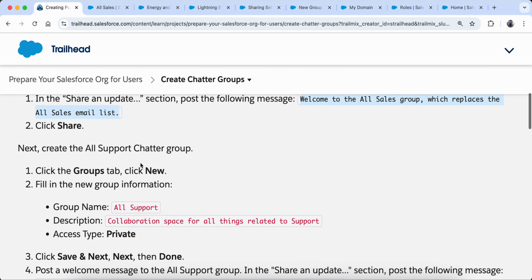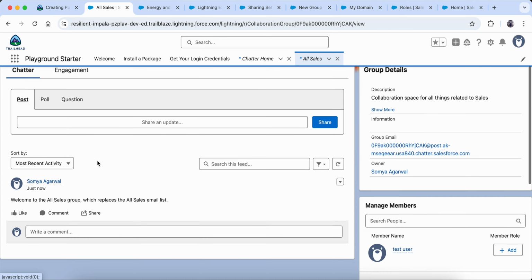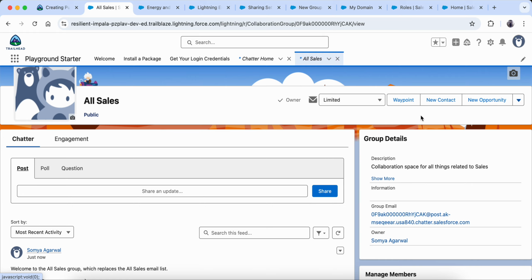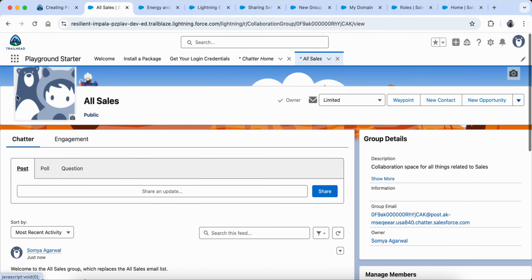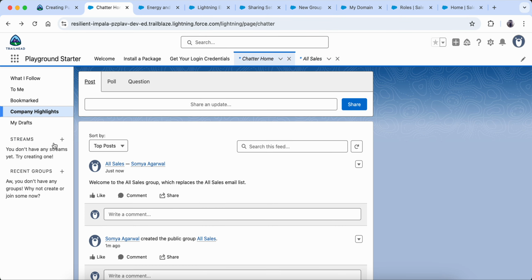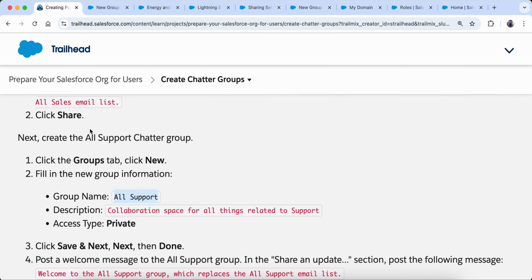Now create the All Support Chatter group. They are saying that we have to create one more Chatter group, so let's create it. Let's go back and create a Chatter group again, and the name of this group is All Support.